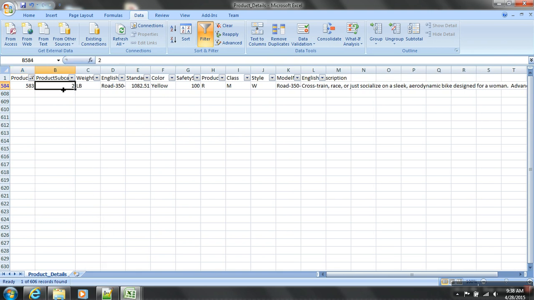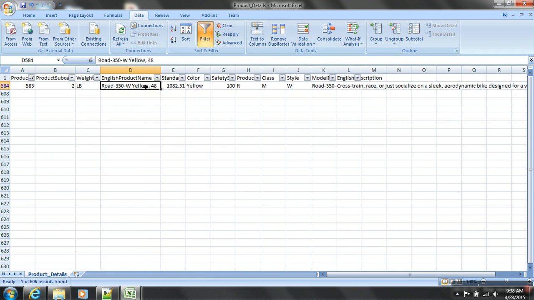Product subcategory is 2. Okay, we'll try to understand this database. Now the name of this product in English is what they're saying, Road 350 W, something, they're just giving some name, and the standard cost of this product is 1082.51,